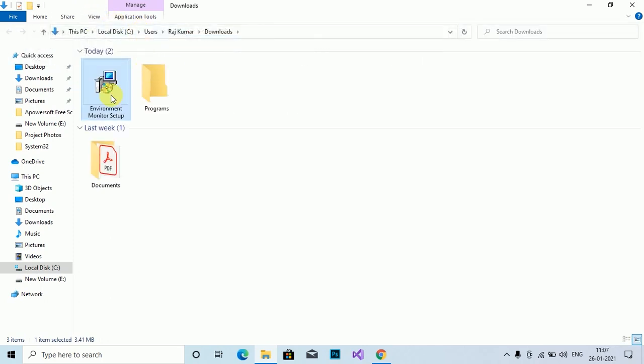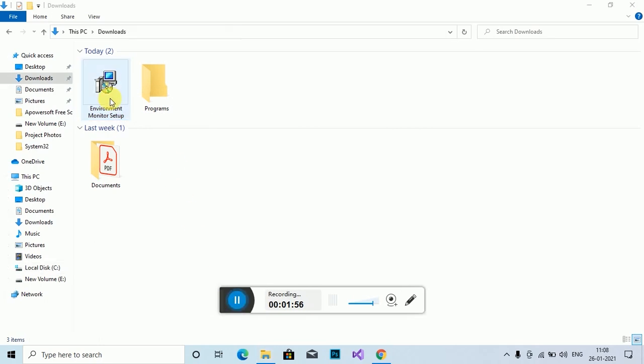Here the environment monitor software is downloaded. Open the software.